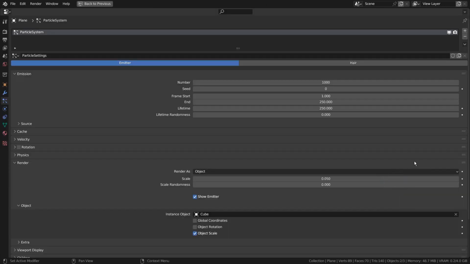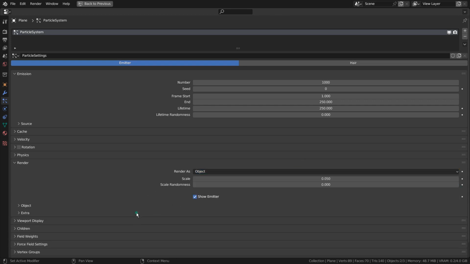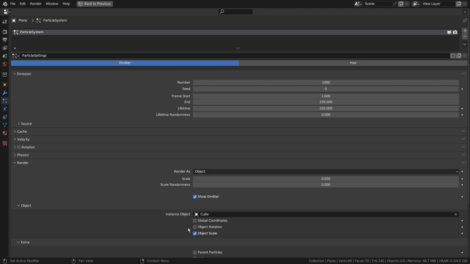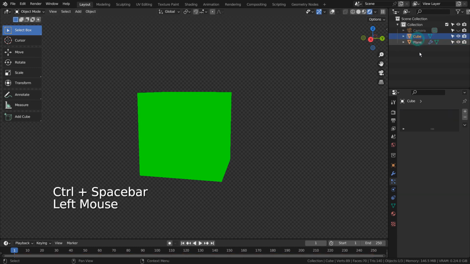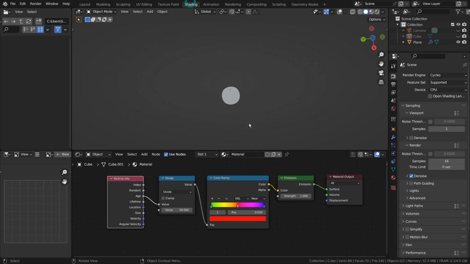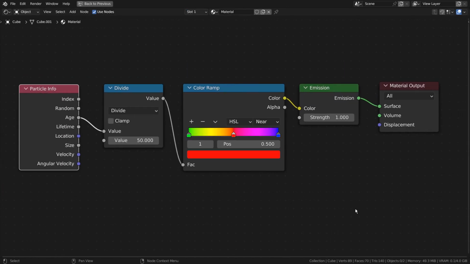Here is the particle setting. Here are the full nodes.